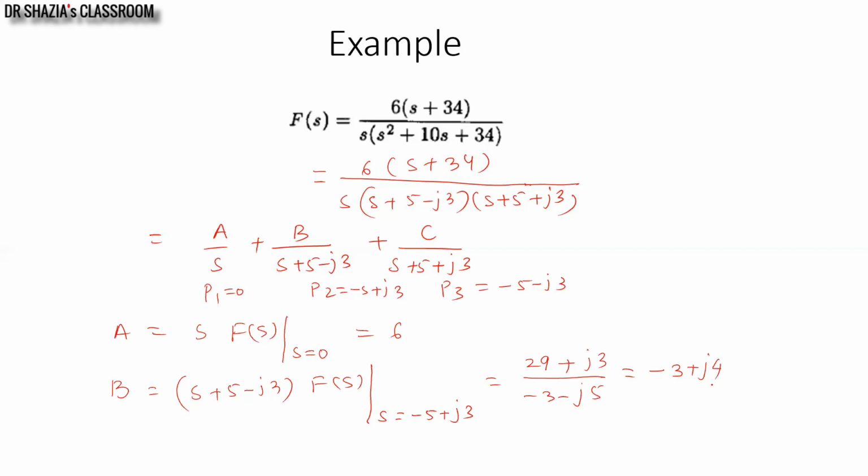Yes, so as I know b and c are complex conjugates of each other, the value of c will be minus of 3 minus j4. Now here you can calculate c as we have calculated b, or simply we can take the advantage that b and c are complex conjugates of each other. So I am going to represent it in this way. Now I will go for a little more modification after calculating the values of b and c.